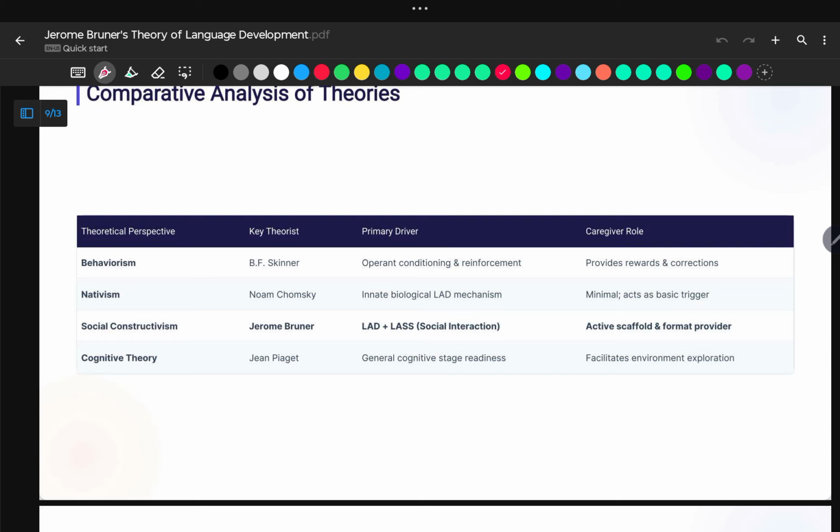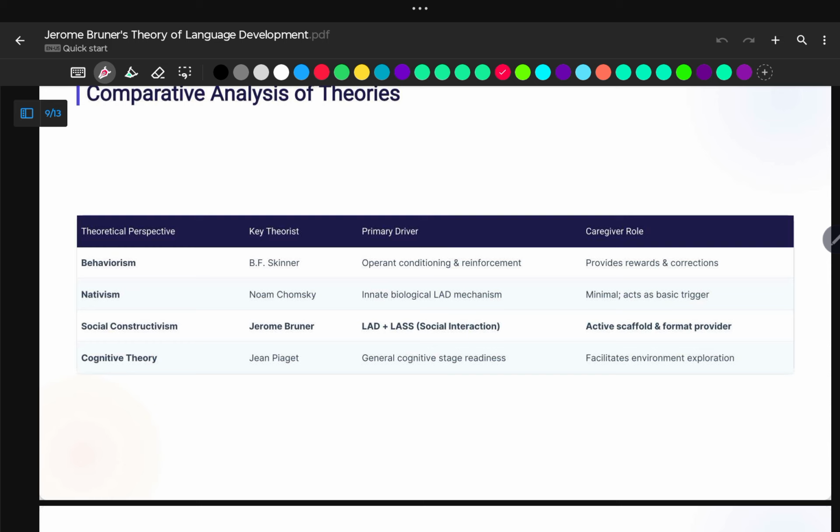And nativism by Noam Chomsky, who gave the LAD mechanism, says that the role of the caregiver in the development of language in the child is very minimal, almost negligible, and acts as a basic trigger. And social constructivism, which we are studying right now, given by Jerome Bruner, combined his own concept and the concept given by nativism, that is Noam Chomsky's LAD, and named it social interaction. Here the role of the adult is very important